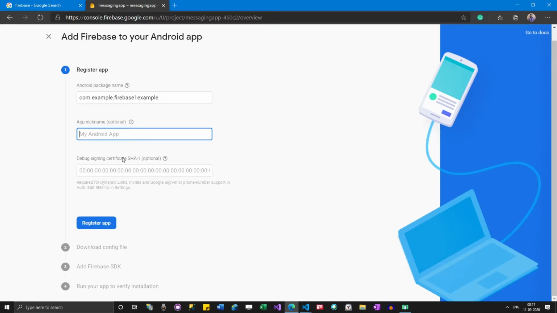Let me not give anything. Next is the debug signing certificate. I'm not aware of what it is, so I leave it, because it says optional, and whenever it is optional we don't have to bother about it.